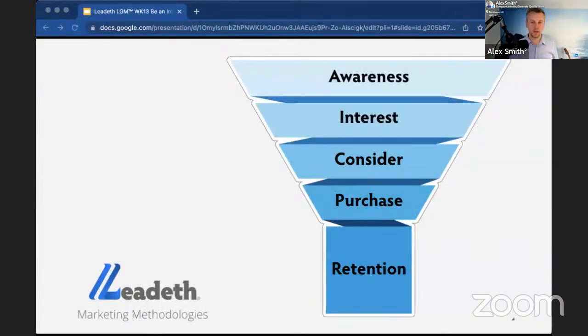I mean, what we're looking at here is marketing. It's the marketing function of a business. It's getting people aware of your personal brand or your business. And this is the classic marketing model that we talk about. It starts with awareness, goes down to interest, consider, purchase, and then retention, where they remain loyal clients. So pretty much most of the activities that we're doing are right at the top of that funnel. It's getting you out there, getting you noticed.